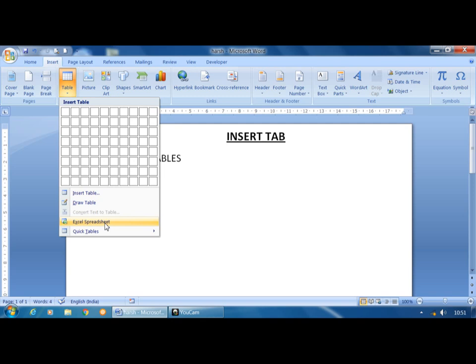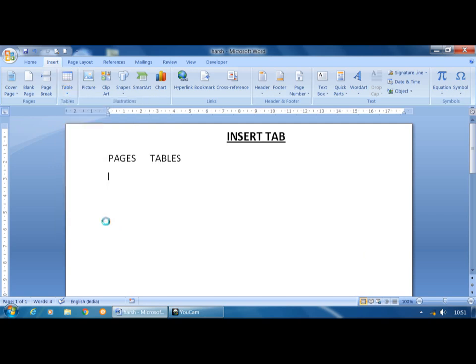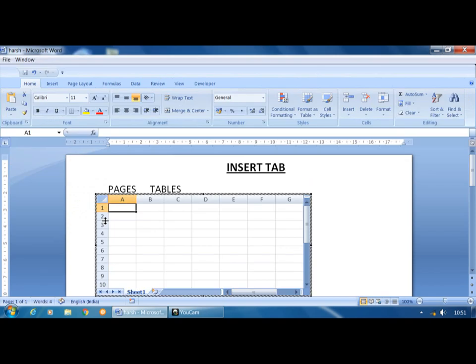Excel again consists of a number of rows and columns. So for that, what you can do is click on insert tab, tables group, table drop down button, click on insert Excel spreadsheet. So it opens MS Excel. Here also you can insert the text in rows as well as in columns. And last one is